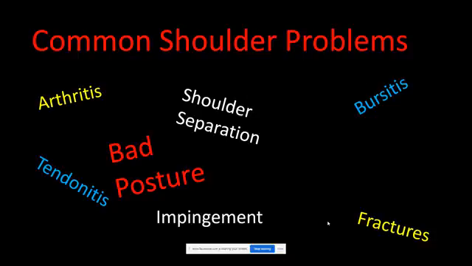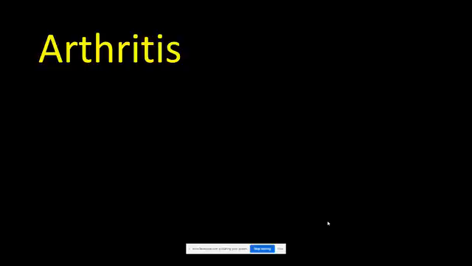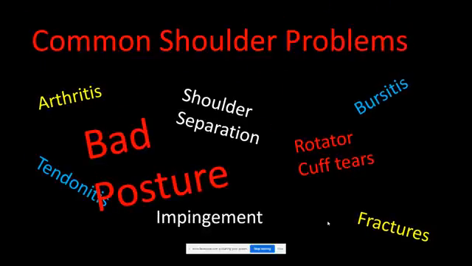Impingement is a very common thing that kind of goes back to the posture thing. So impingement is where those rotator cuff tendons, let me go back, sorry. So with impingement, those rotator cuff tendons are kind of getting pinched. There's the space underneath the shoulder blade. It's called your subacromial space. And with bad posture, that space actually decreases and kind of pinches more on those tendons. And that's when you get the tendinitis. That's when they get inflamed and angry. And that's what impingement is. And it's very common.